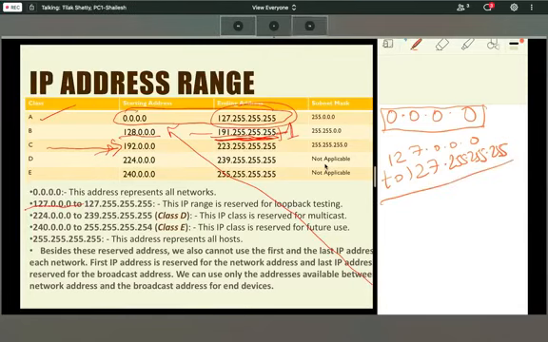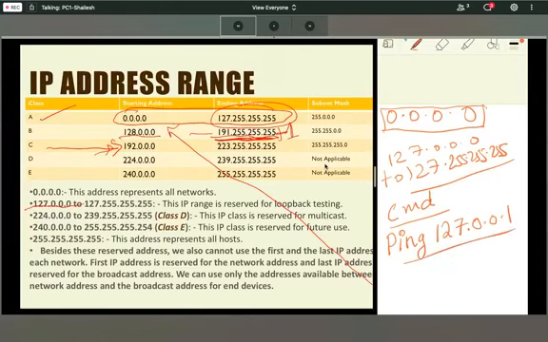Right now, if you are using your computer, go to command prompt. Now type ping 127.0.0.1. Check what will be the answer.